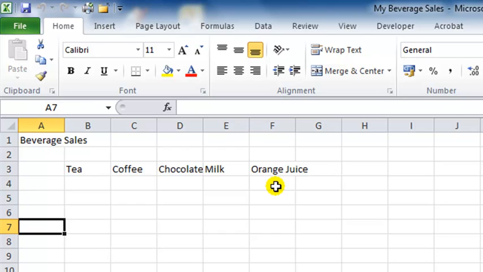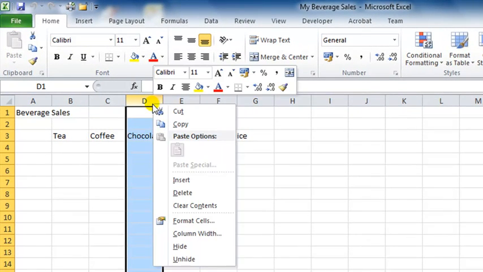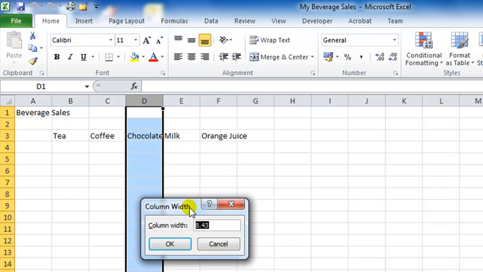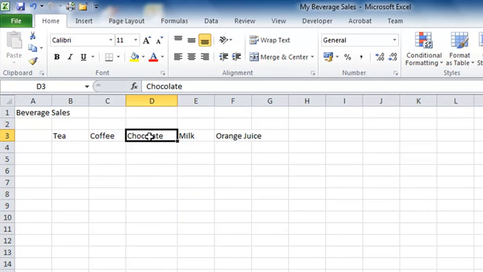So what we'll do is we'll use two different methods of adjusting the width of the column. We'll start off in column D with the chocolate entry, and if I hover my mouse over the column heading and right click, the shortcut menu will appear, and in there you have the column widths option. If I click on that, the column widths dialog box will open, and it's currently set to 8.43. So I'm going to increase this to size 12. So if I just type in 12 and say OK, column D is then adjusted